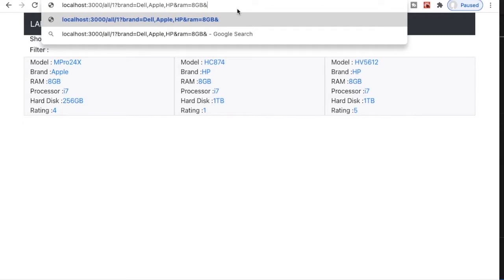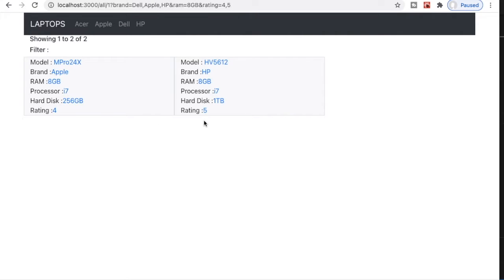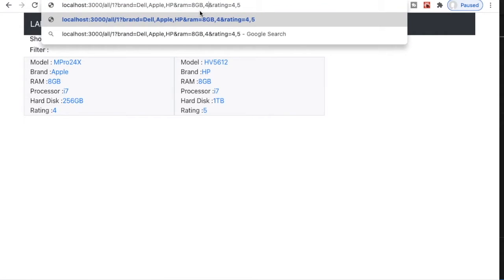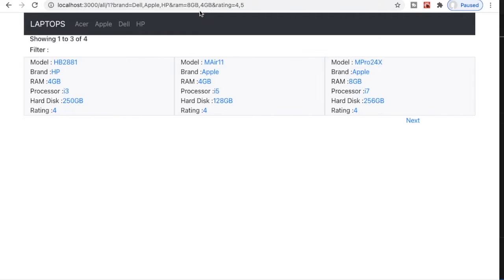And let's say rating is equal to 4, 5. So we get rating 4 and 5 only. RAM is 8 GB. Brands is this. And if I make RAM as 4 GB, 8 GB, we get that. So this filter is working fairly fine.